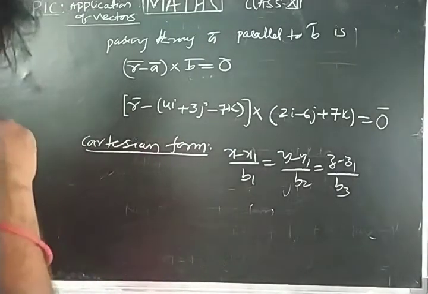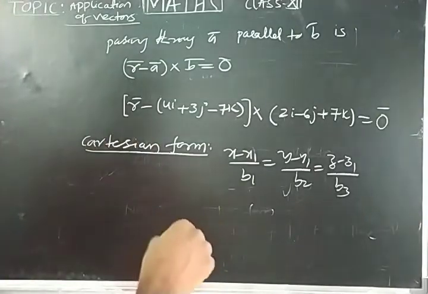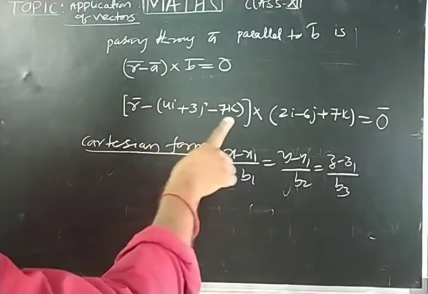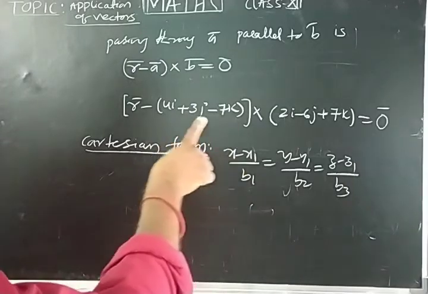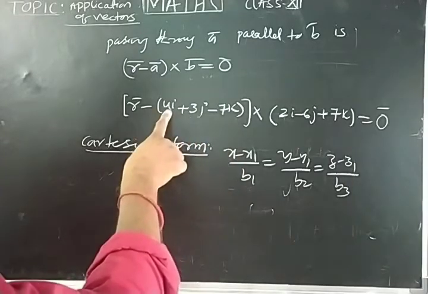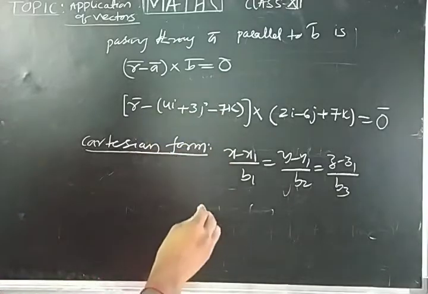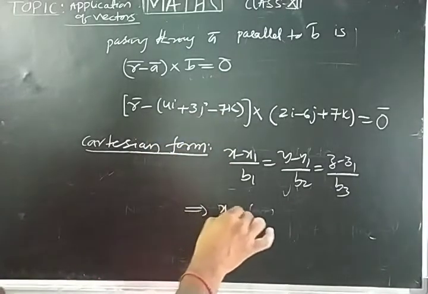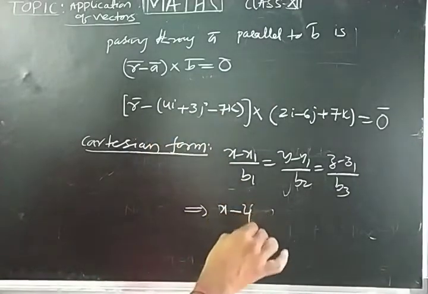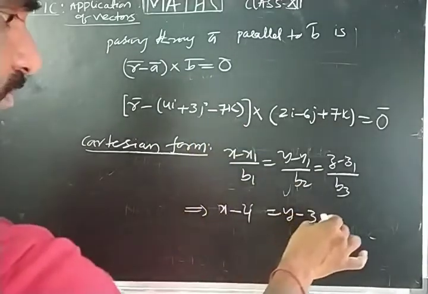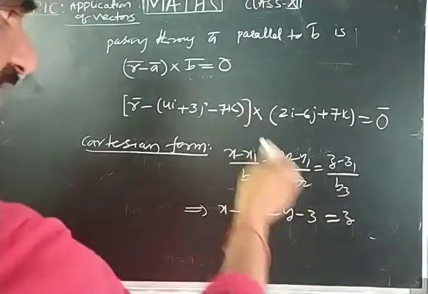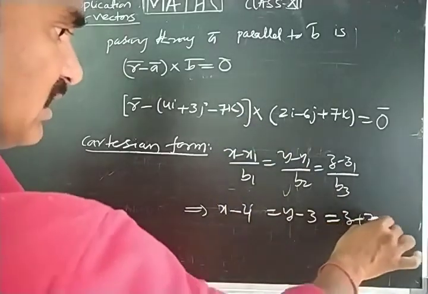So we have the point position vector. This is the position vector of the point which is lying on the straight line. From the position vector, we can get the point by taking the components. So what is the point here? x1 is 4, y1 is 3, z1 is minus 7,